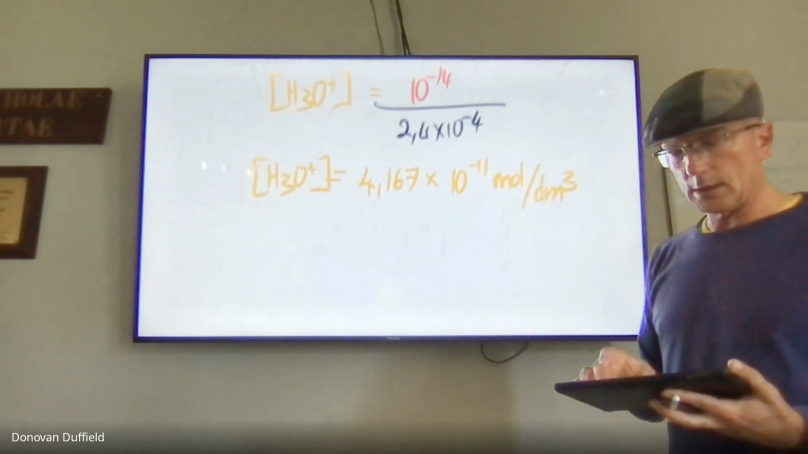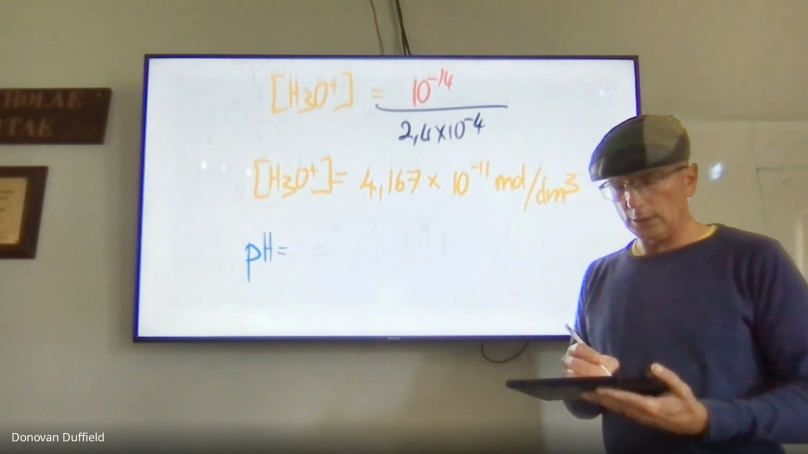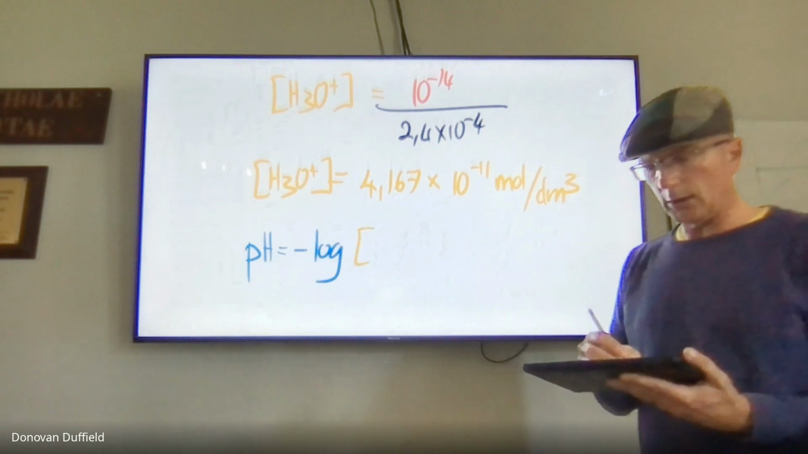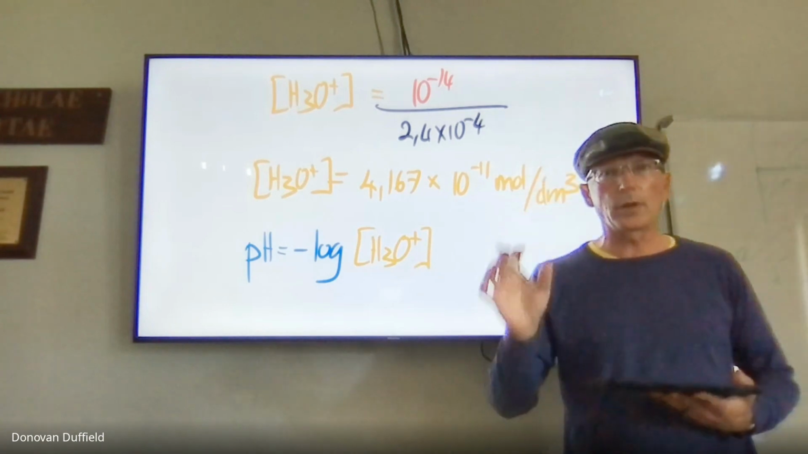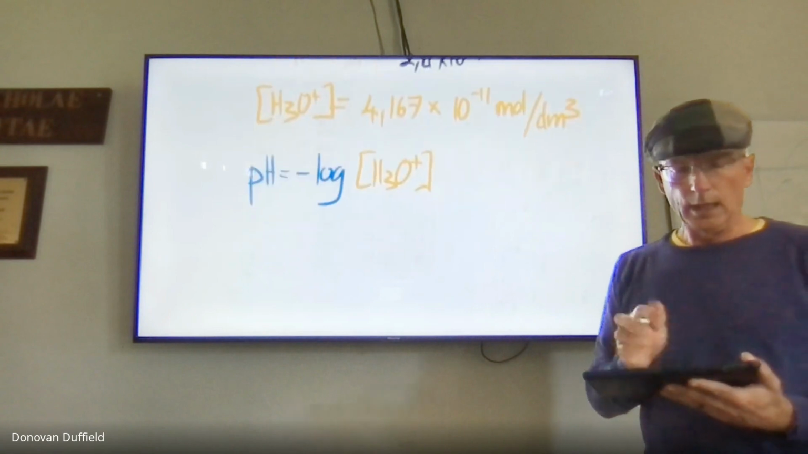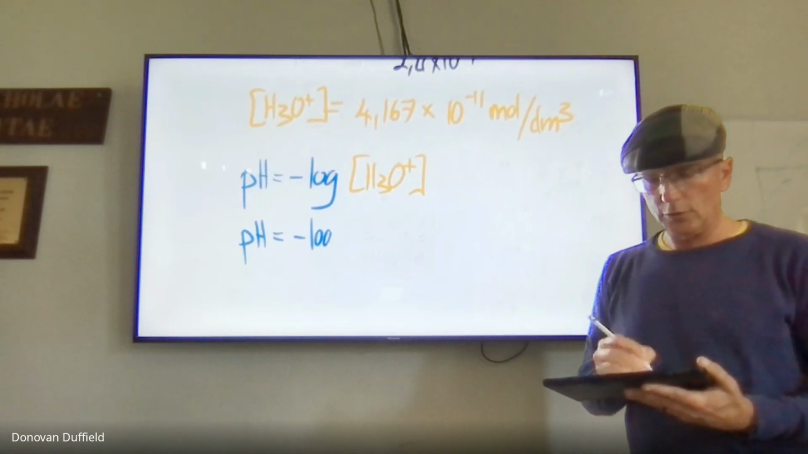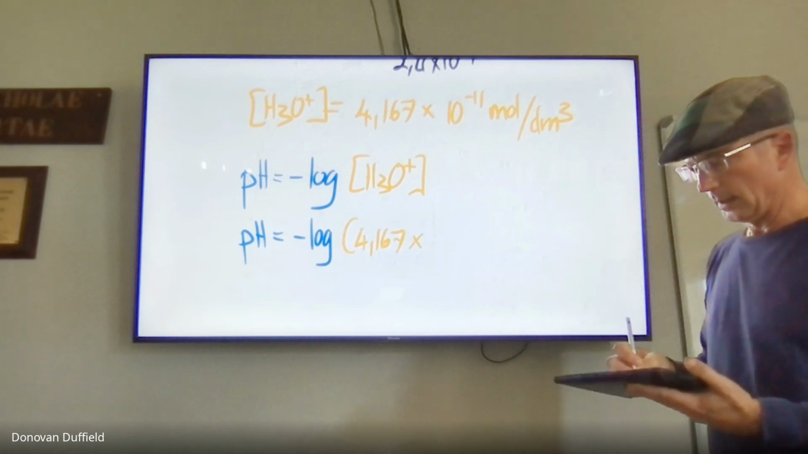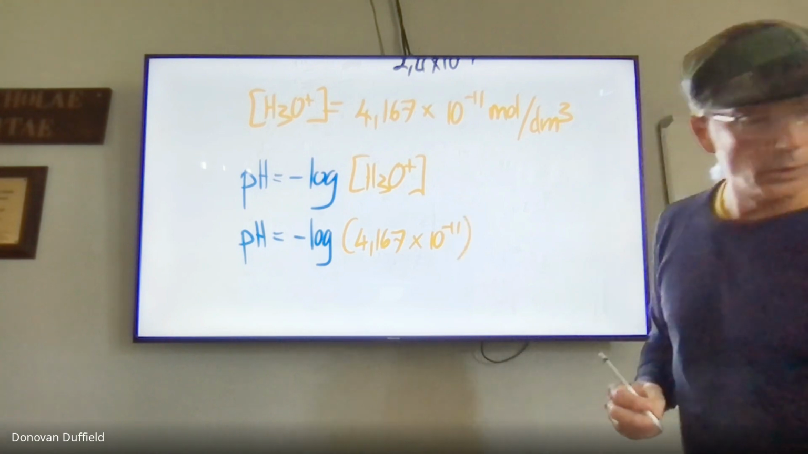So now we can substitute into the pH formula. pH equals negative log of the hydronium ion concentration. Always write the standard formula down from your formula sheet. That is good practice. Then write down your substitution step. Negative log of 4,167 times 10 to the negative 11. And so when we work that out,